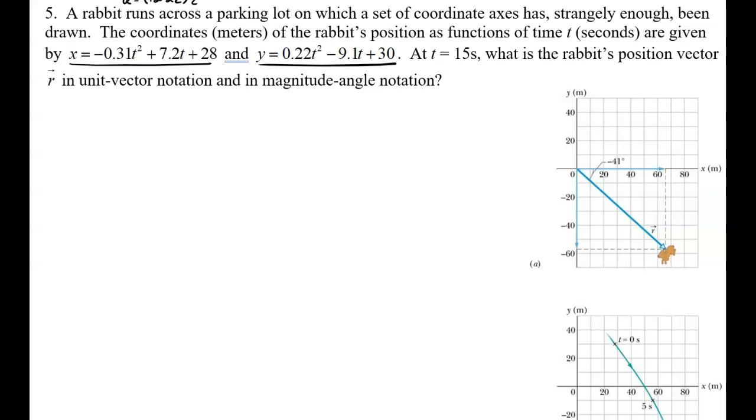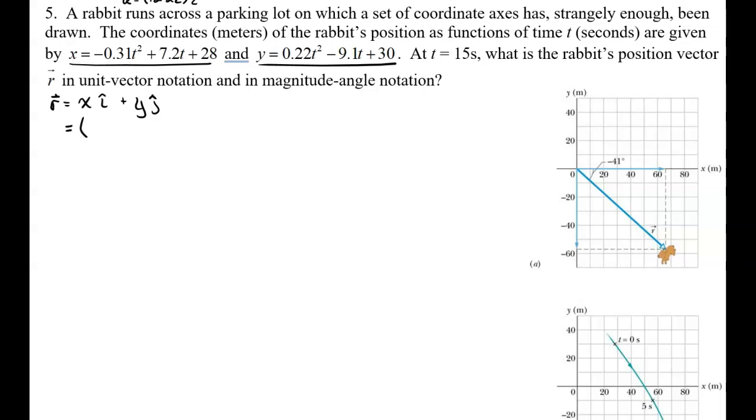In terms of both unit vector notation, now that's going to make this pretty easy, or in terms of magnitude and angle notation. That's not quite so easy. So let's look at just really what the position vector r really is. That's going to be his x coordinate in the i hat direction plus his y coordinate in the j hat direction. So for this unit vector notation at 15 seconds, literally all I'm going to do is I'm going to dump this